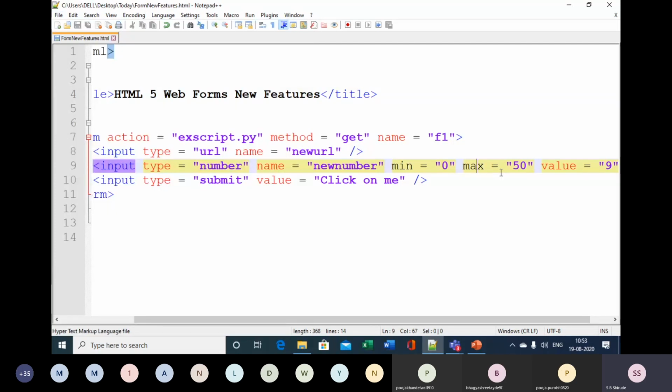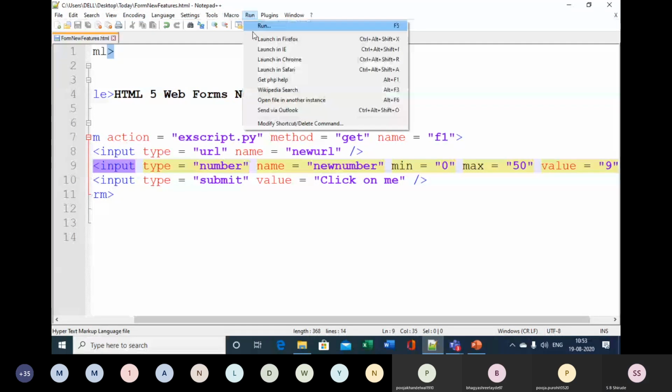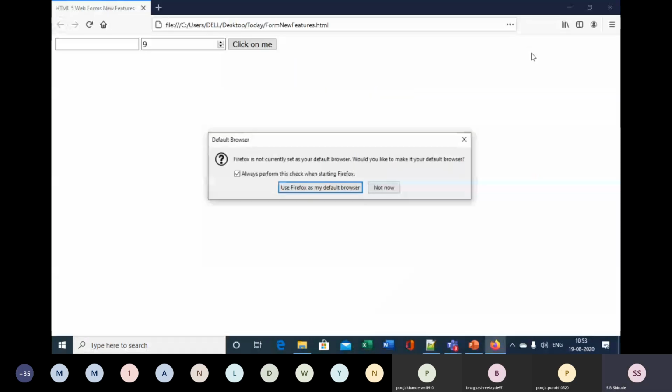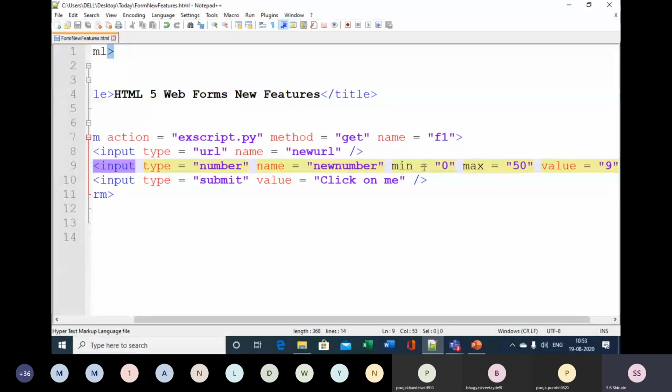So if you will see this now in the Firefox, see here, by default 9 is there. And see here, by step of 1 it is increasing. By default step is equal to 1. Now if I want to insert, I can insert. So if suppose I am inserting here say 21, so it is going to accept the 21. But if suppose I insert here characters, and if I click, it is giving me error, please enter a number. So this way I can make use of the control number.